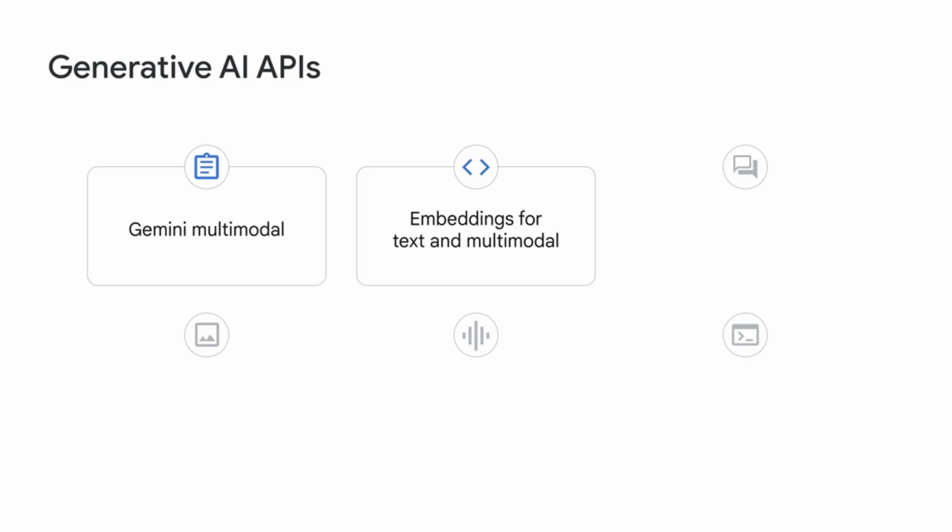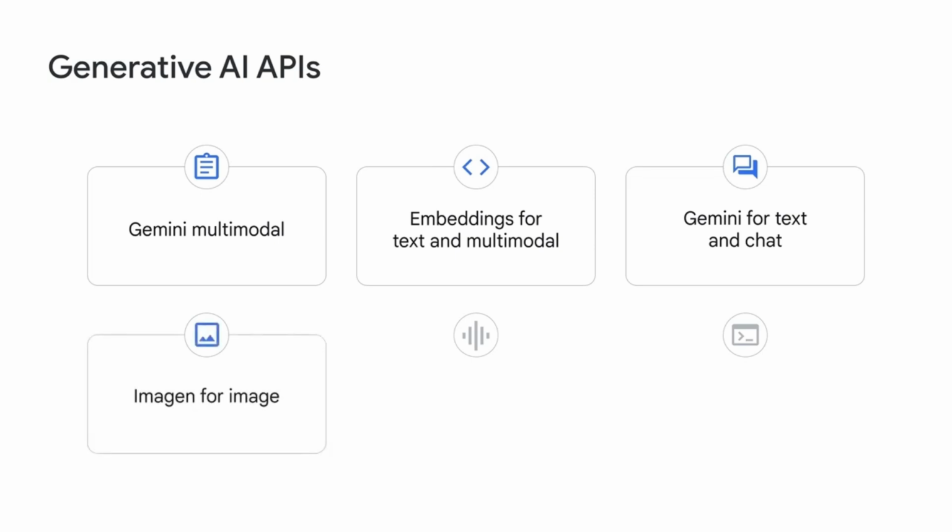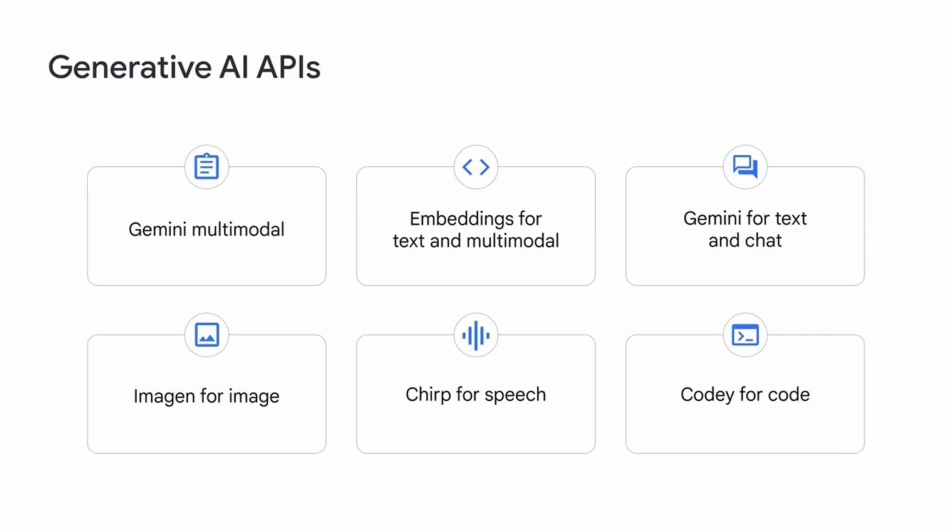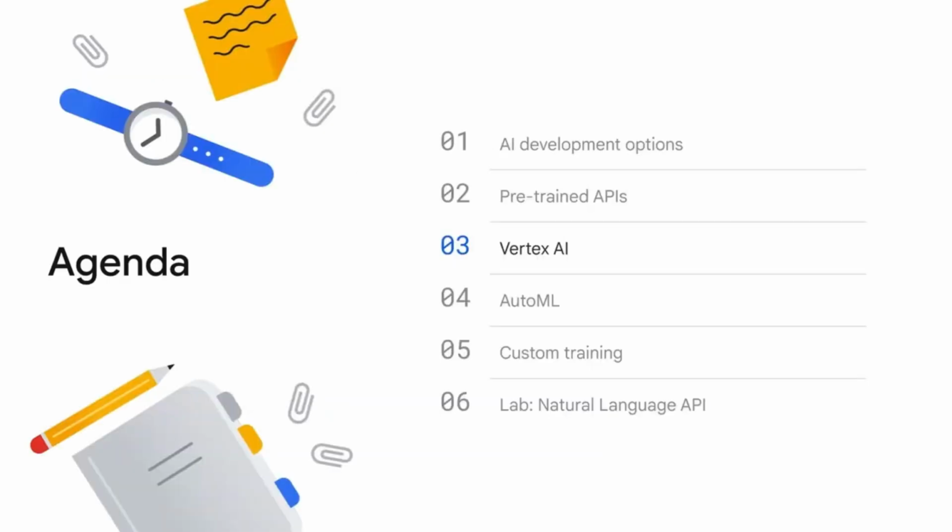Gen AI foundation models. Gemini for text and chat, performing language tasks and conducting natural conversations. Imagen for image, generating images and captions. Chirp for speech, building voice-enabled applications. And Codey for code, generating, completing, and chatting about code. As Gen AI advances every day, you'll find new APIs and models emerging in the near future. In the latter part of this course, you get a chance to delve deeper into the multifaceted realm of generative AI. In this lesson, you'll explore Vertex AI, which is a unified platform that supports various technologies and tools on